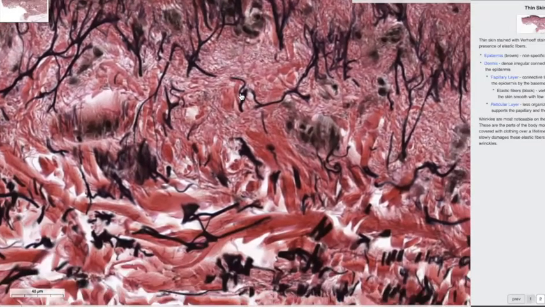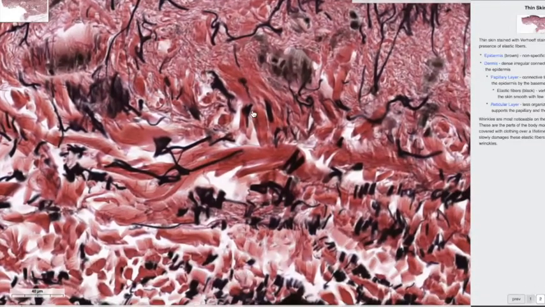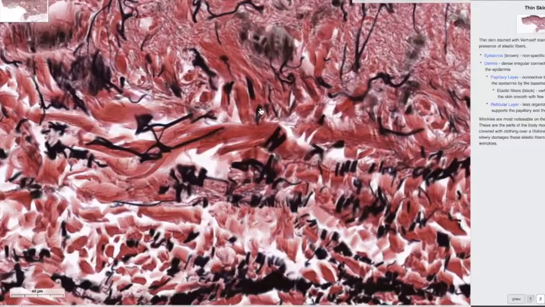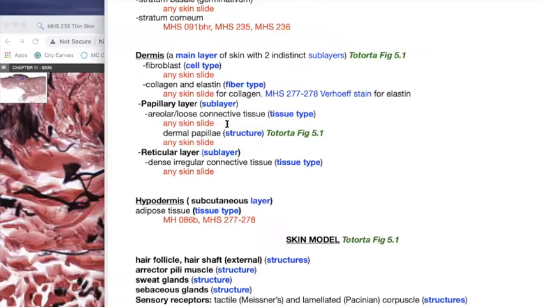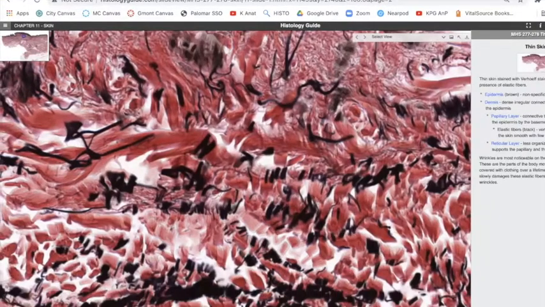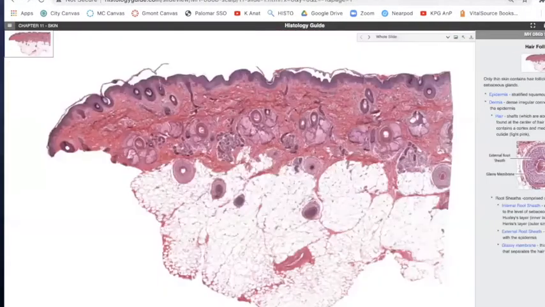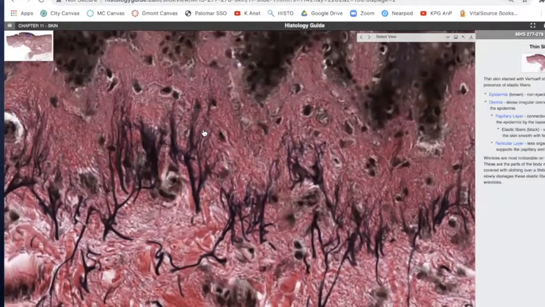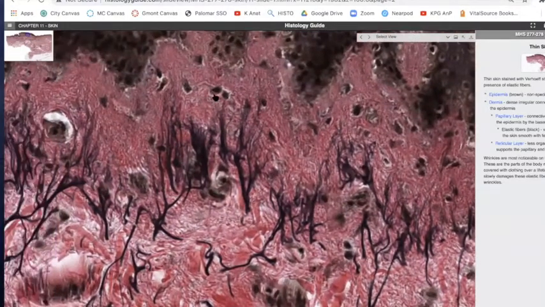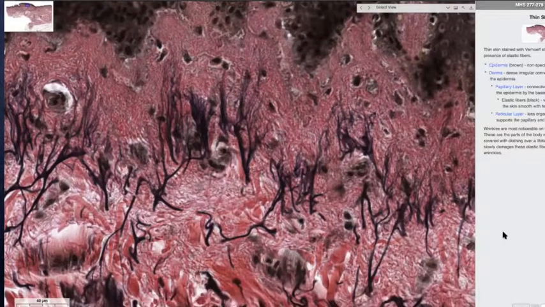Whereas your collagen is a little more like leather, right? It's giving it its toughness, resistance against pull. Right? So any of the skin slides, those are the most distinct ones. Like for this one, it's a little harder to make out the difference. Or, actually, to me, it's a little easier with the black staining if you have the